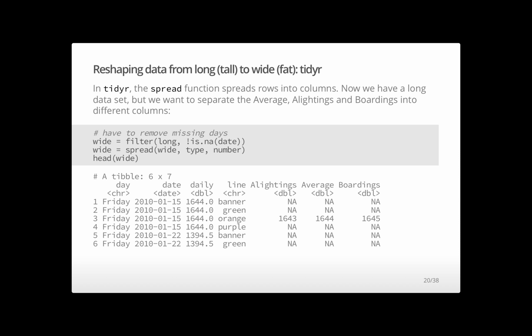So now we have data, and we're going to filter the data where it's not missing the date. Again, this is overkill because we looked at the data, we saw that no date was missing. But again, sometimes we just want to be explicit, we want to make sure, and then we spread the data. This is the data set, wide. So again, we made a new data set wide, where we just filtered it. We spread the data wide, and we want to spread type, number, and